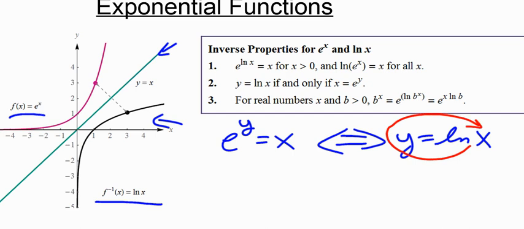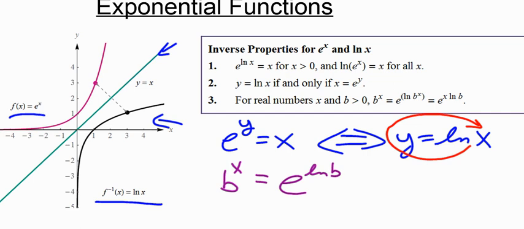So the other thing we want to do for this section is, what if I have a base that's not e, some other number? We always use it with a base b to the x. And it says here in our line 3, for all real numbers x and b greater than 0, we can change the base from base b to base e